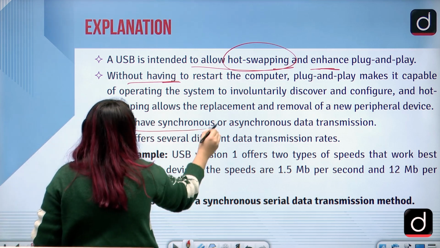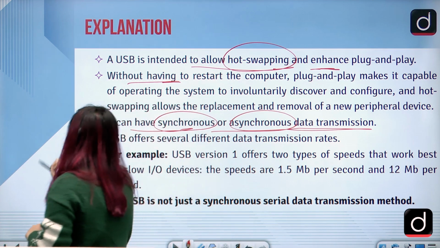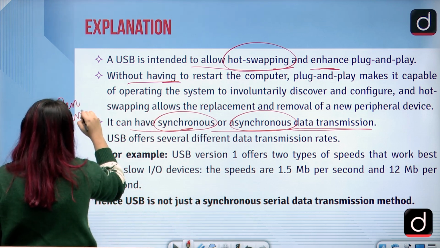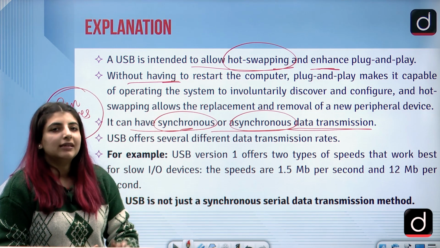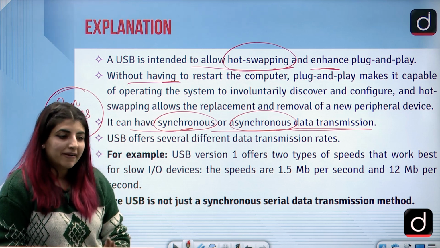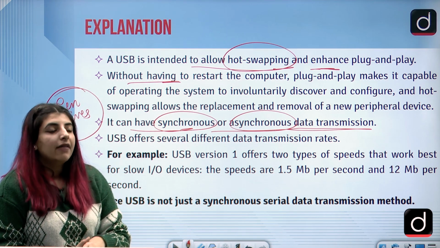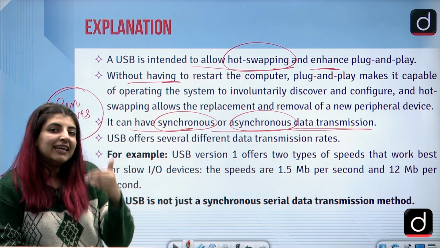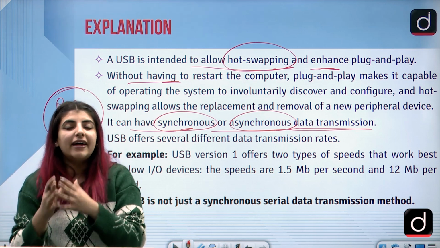USB can have synchronous and asynchronous data transmission. So what can happen there? If we are taking just the example of pen drives here, and I have plugged in a pen drive for 4 hours in my PC, and I have not moved the data from my pen drive to my computer, that means the asynchronous thing is happening, right? That I want to place it at some point of time. Synchronous is in sync, that I want now only to place the data that I have in my PC